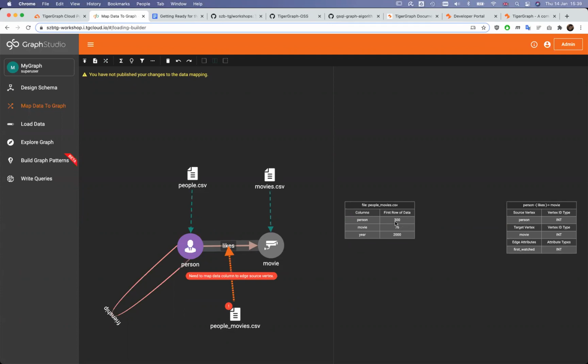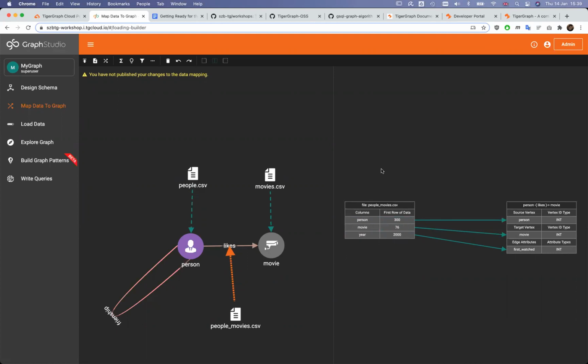So because I mapped the first column as an ID, I'm going to use this here. So this will be the person ID. Similarly, I generated a random number for the movies. I mapped the movie ID to the movie ID and a randomly generated number for first watched. And that's it normally. Most of the time, this is all you need to do, but obviously you can do more.